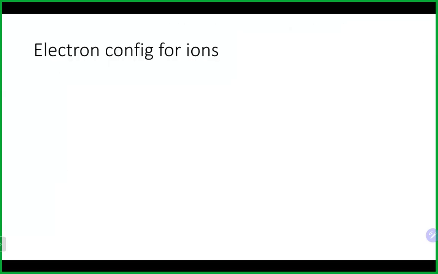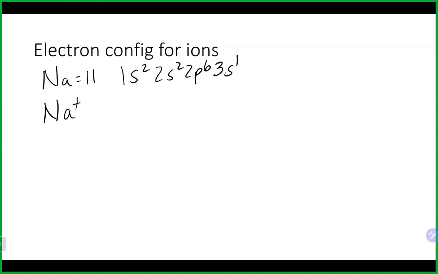So when things do form ions, they're either going to form cations or anions. If we take a look at our friend sodium, which is 11, which we just did, 1s2, 2s2, 2p6, 3s1. Now when sodium makes a charge, it will have a +1 charge. And when it has a +1 charge, it means it has lost electrons. That's what the positive charge means. So instead of 11 electrons, sodium with a +1 charge will have 10. And that means it will have a configuration of 1s2, 2s2, 2p6, or that is 10, which on the periodic